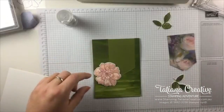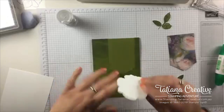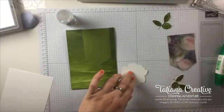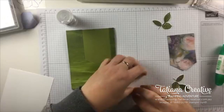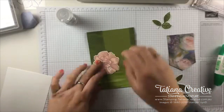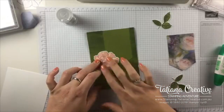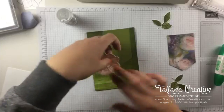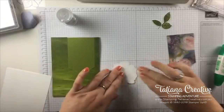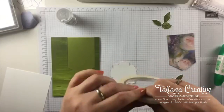Let's glue these down, and before I glue that down, I was going to add, so I don't know, my fingers probably don't, I wasn't explaining myself. So I had that position there, and I want some of the metallic thread coming out from over here. So I was kind of rubbing that side of the flower and then putting my fingers there and going, okay, over here. When using metallic thread, actually let's use